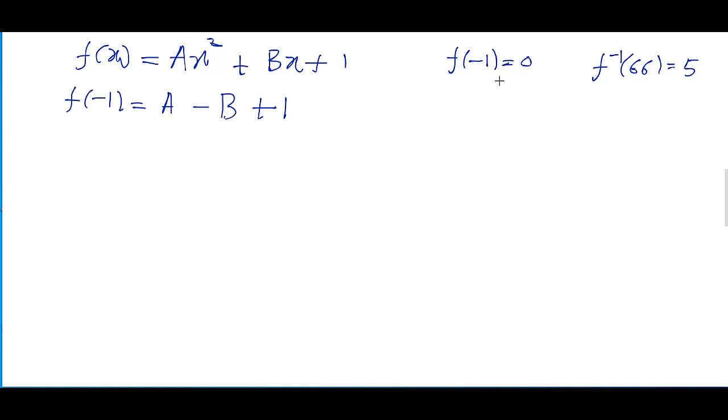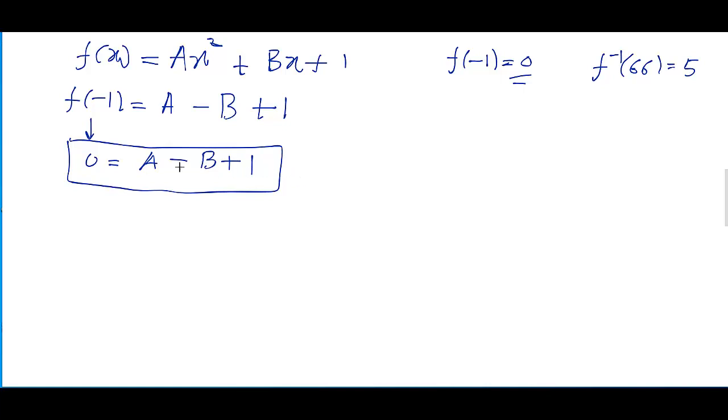Now we know that f of minus 1 is equal to 0. So we will replace this f of minus 1 with 0, and this will give us one equation. This is equation number 1, and there are two unknowns, a and b. So for two unknowns, we need two equations. So we have to find a second equation as well. To find the second equation, we will use this information. And students, just see here and try to understand this new technique.